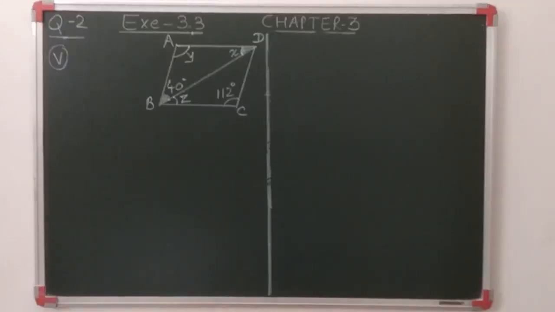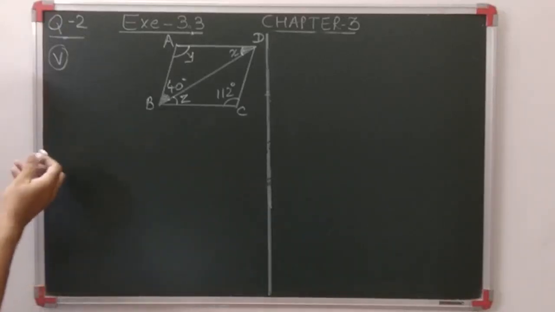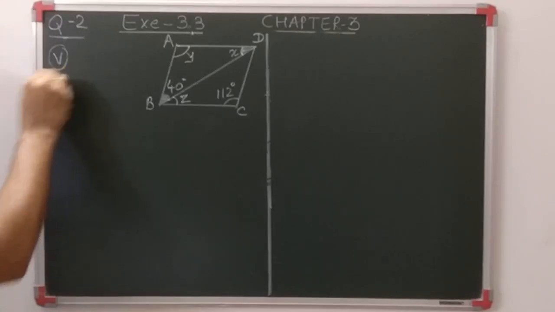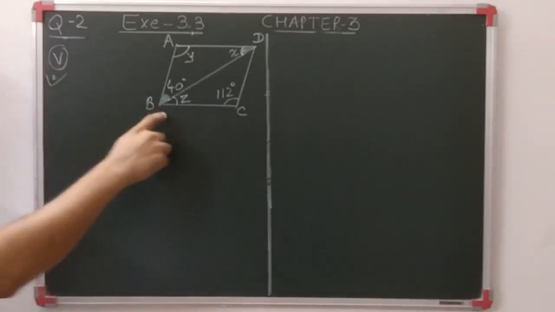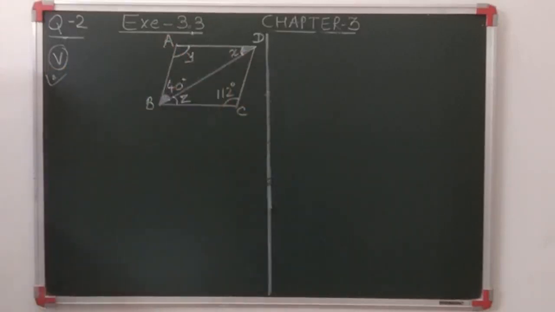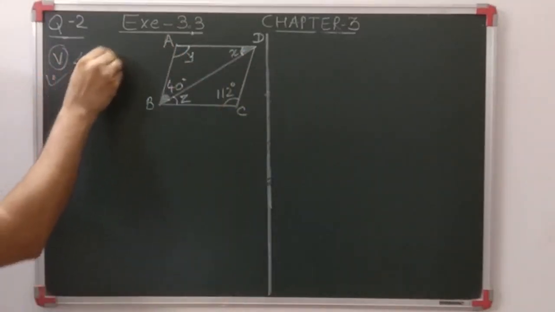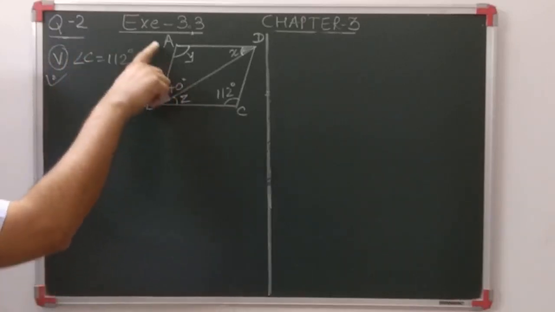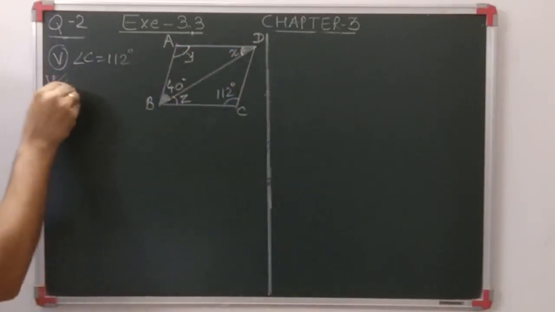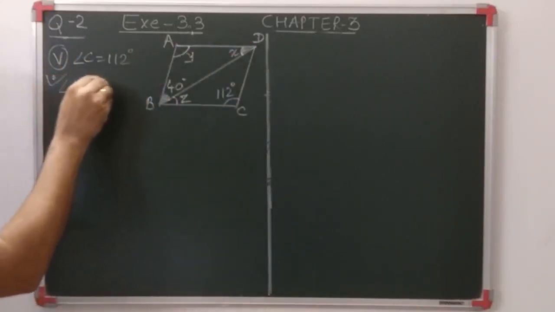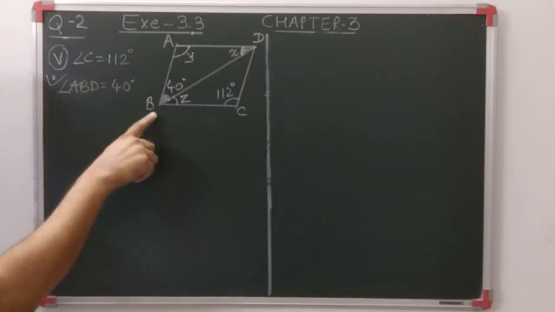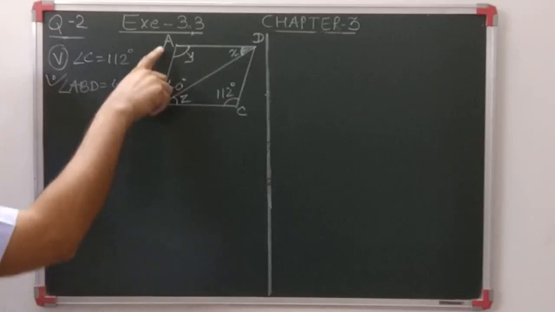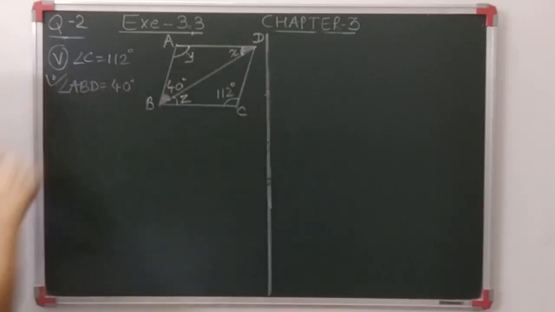Let's come to the last question of this question number 2. And remember students, it is a very important question. BD diagonal is given. I have given the name ABCD. Angle C which is given is 112. This is not the whole angle B that is given. We can say angle ABD is given. So don't get confused students. I cannot write only angle B, as that would mean the whole angle. So this is called angle ABD. This is 40 degrees. We have to find out X, Y and Z as usual.